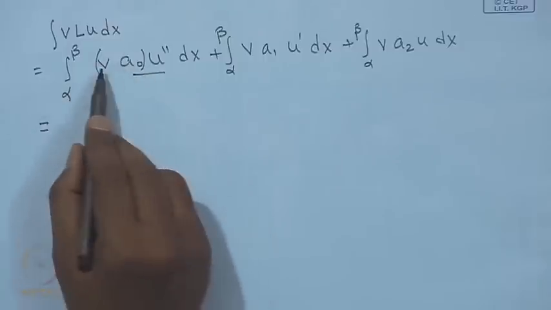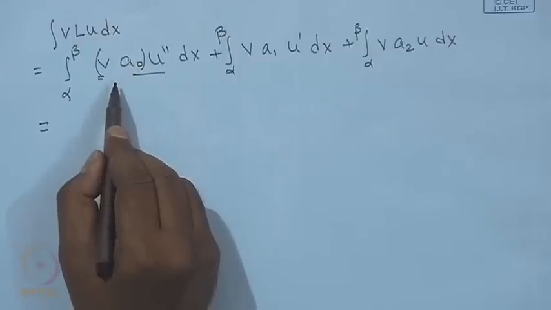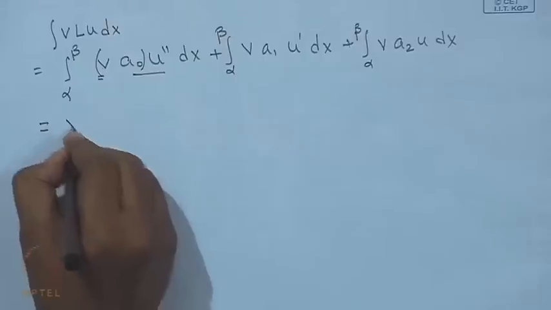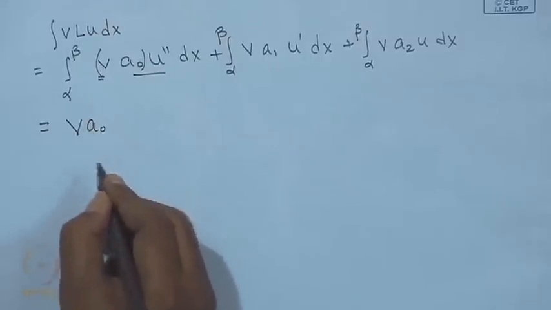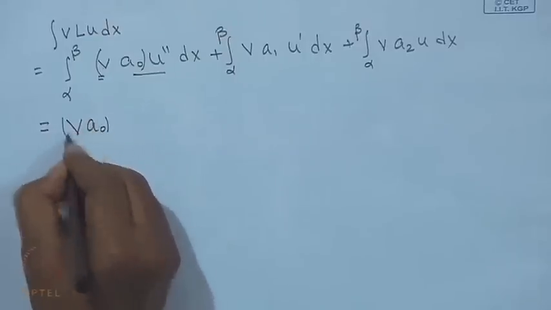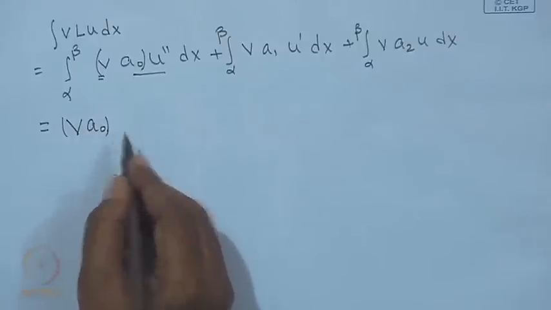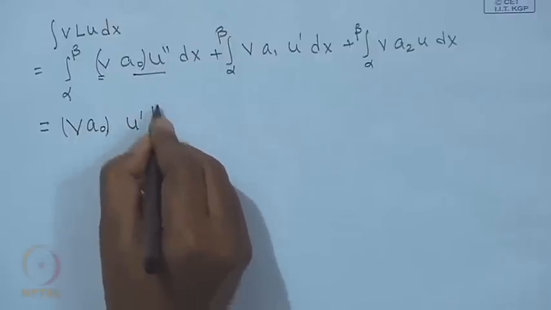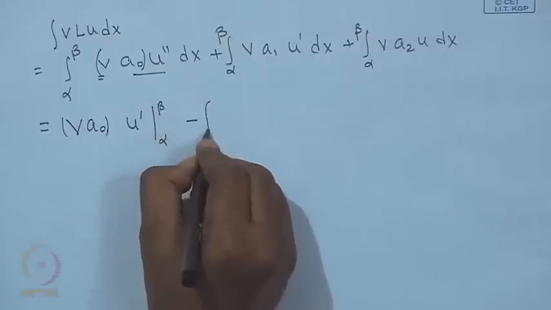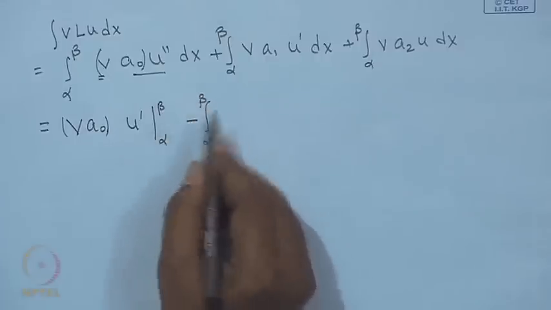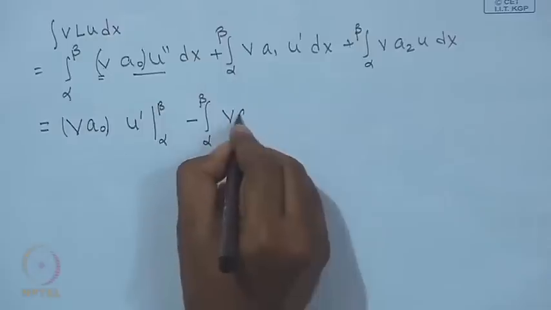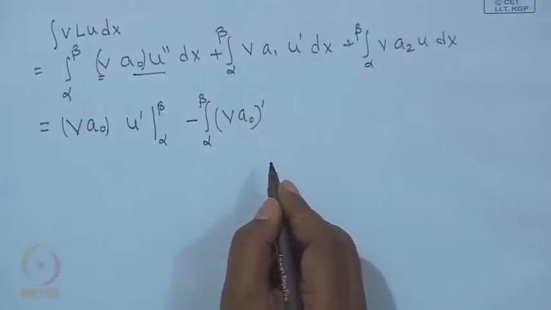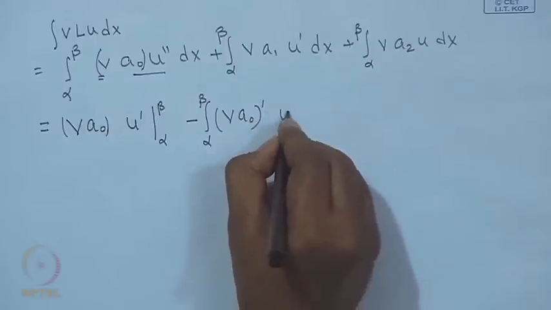So, v a0 is the first function, and the integration of the second function becomes u prime, evaluated from alpha to beta, minus the differential of the first function, (v a0) prime, multiplied by the integration of the second function,